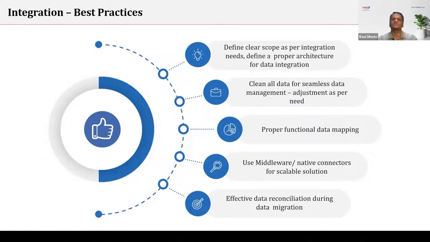So one thing for me is the second point you mentioned, the seamless data management. That's where your rules come into the picture. There has to be transformational rules, especially related to deduplication, because you don't want duplicate data coming into either of the systems. And sometimes if you have a dual sync, like both-way sync, it's a pretty complex scenario, because if you don't manage that well, you may end up re-updating the data or cleaning up the old data with the previous value. So that kind of synchronization problem can happen.